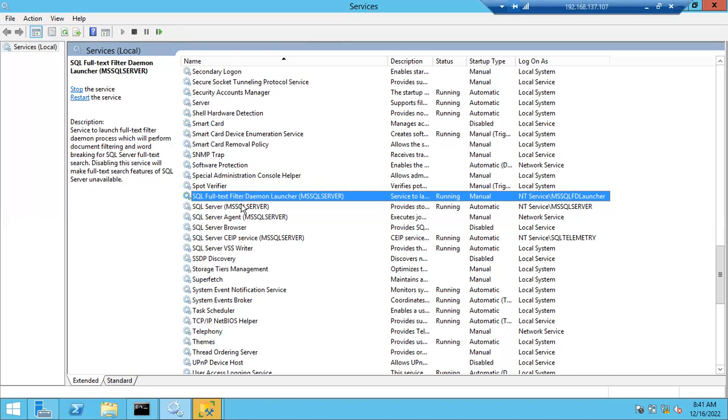How to identify? We have 6 services related to SQL Server, right? Then how to identify which one is a specific service, which one is a shared service? Sir, we will find MS SQL Server in brackets. Yes, okay. So if you see here,